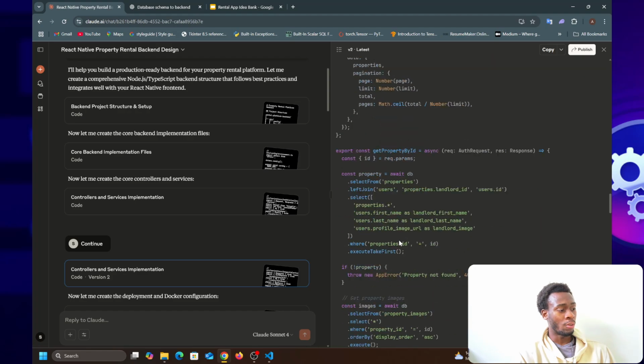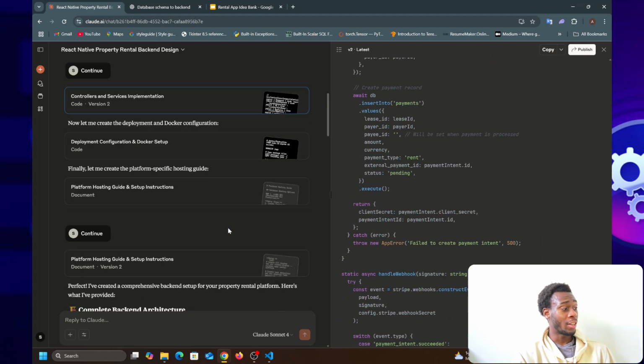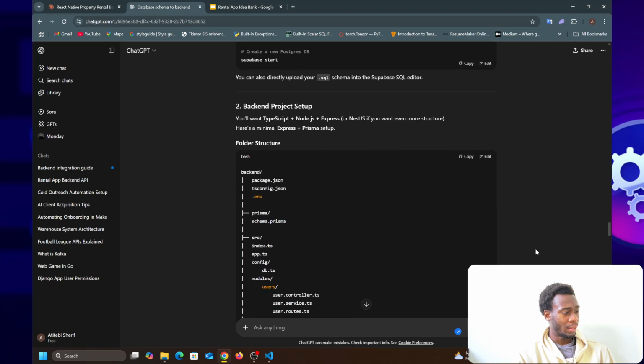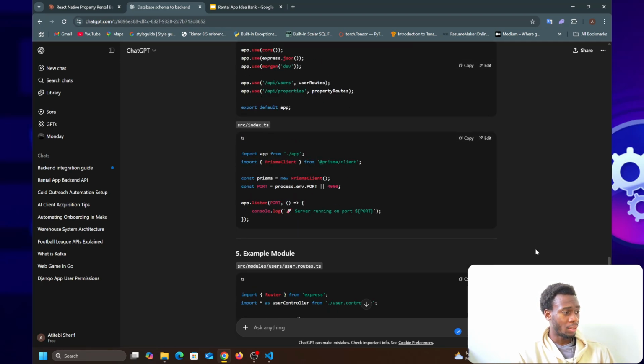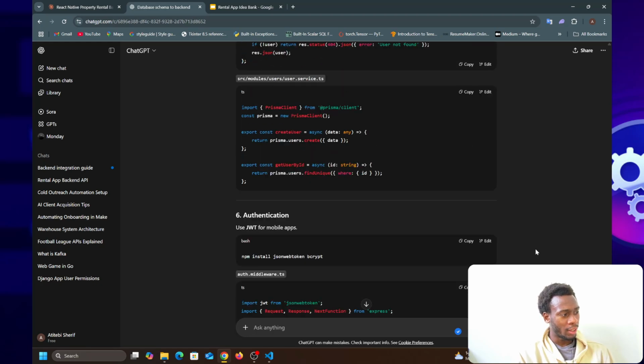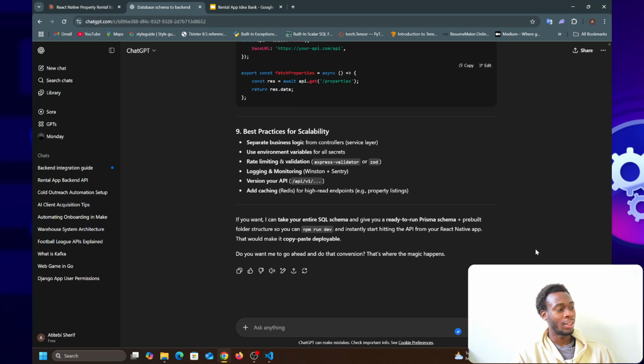And this is the continuation, but are you kidding me? Come on now. And look at this response to build out a full backend, it's a full plus. It didn't give me anything here, man. It didn't give me anything. It gave me enough to start, but not enough to vibe code. You know what I'm saying?